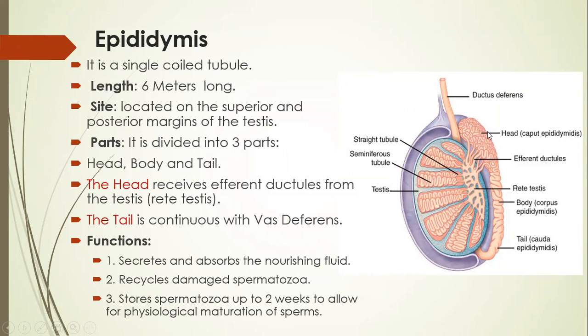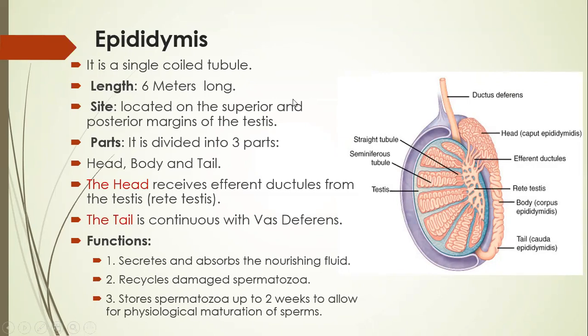Even though it looks multiple initially, all of it is joined together to form a very long tubule called the epididymis. But again, this is also highly coiled. That's why it fits into a very small cavity. Length is almost 6 meters, and the testis, as we know, is 3 to 4 centimeters. So this is also fitting into the same area. Almost 4 to 5 centimeters long, but actual length is 6 meters. As I said before, it is similar to the seminiferous tubule: highly coiled, so even though it is long, it fits into this small area.